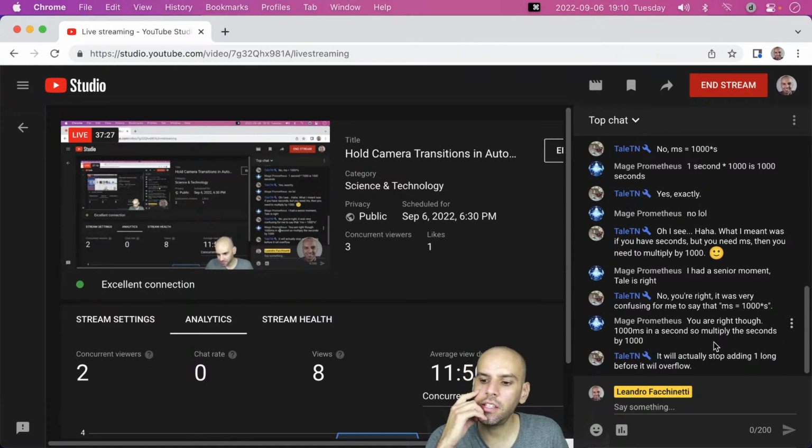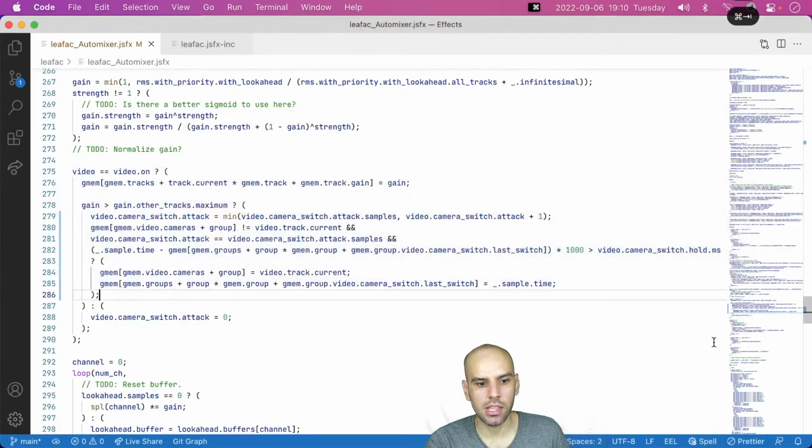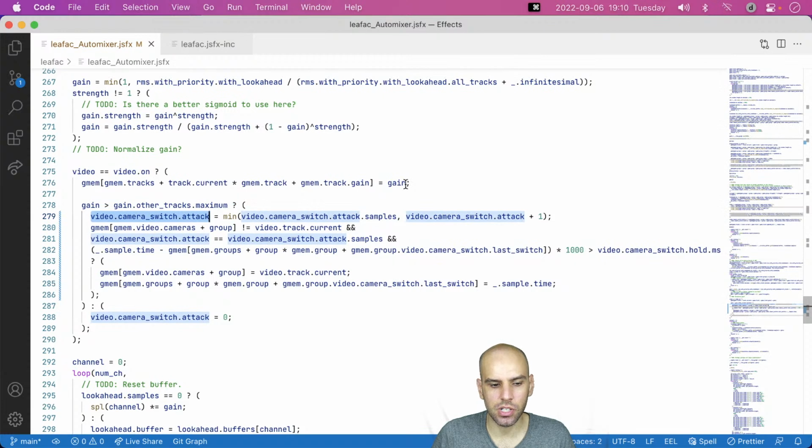Oh, I see. Interesting. So if you try to add 1 to a floating point number that is about to not be able to take that number, it will just round, lose precision, and it will not overflow. Well, let's do the proper thing, which is to just stop counting at that point, right? It doesn't really make sense to keep counting after having reached attack.